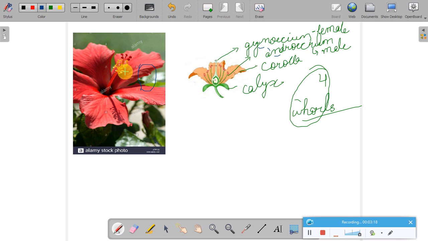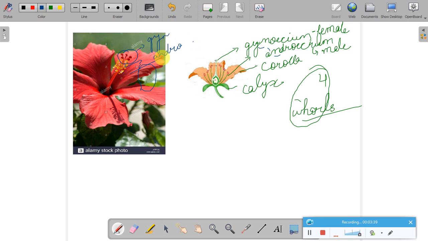Okay, so the yellow structures that you see are the androecium, and these red parts, they are the gynoecium. Okay, so these are the gynoecium. Here these are the androecium.